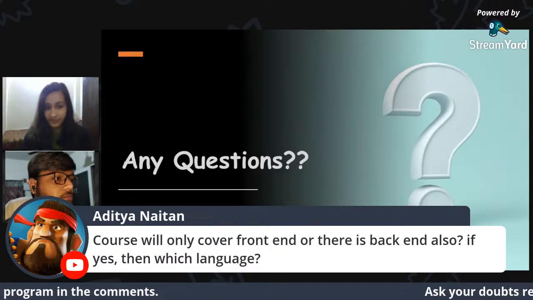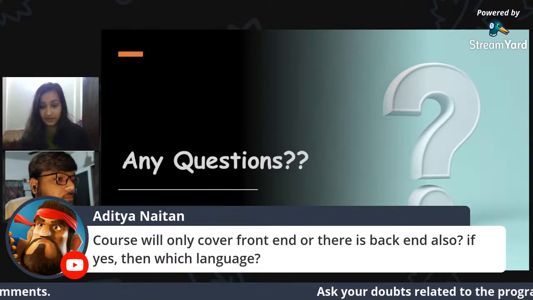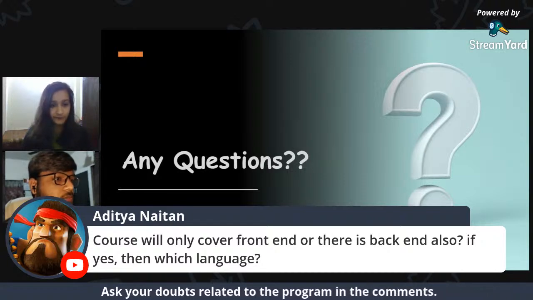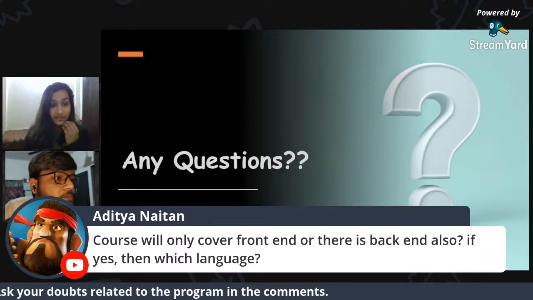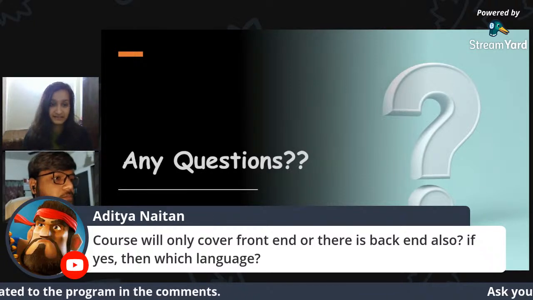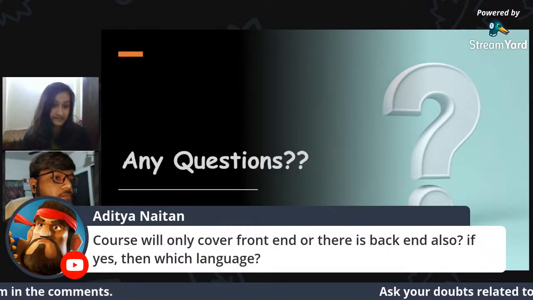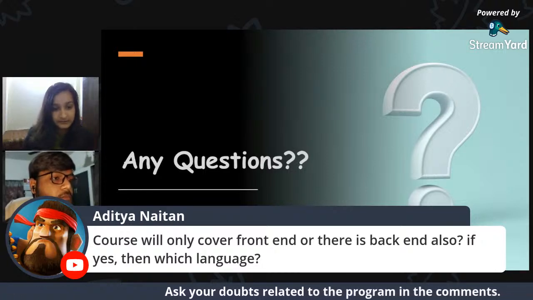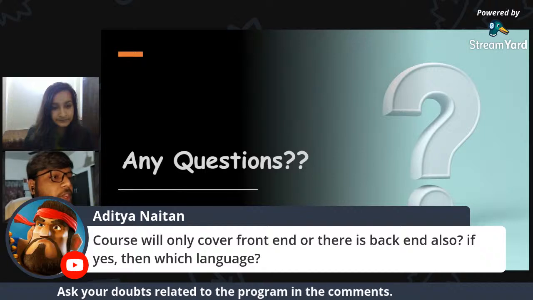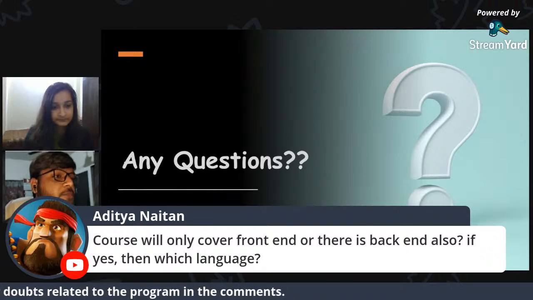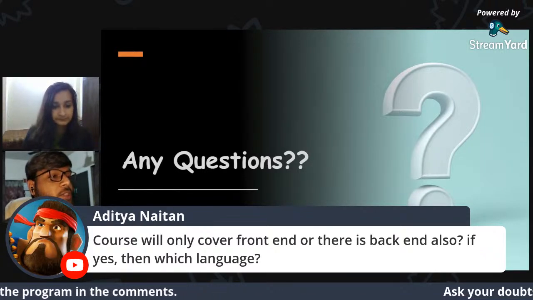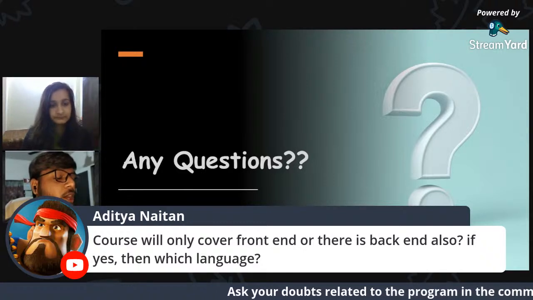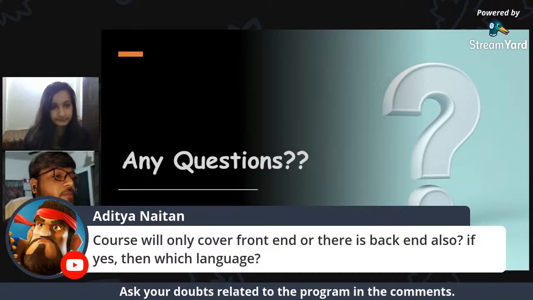There will be a combination of both. We will be covering both of them. And which language, Harsh, do you want to go for? Although we mentioned everything that we are going to cover, from HTML, CSS, Bootstrap, JavaScript, Firebase, these are the different technologies that we are using. Yeah, so for the backend, we'll be preferring Node as we are teaching JavaScript. So it is not possible for us to go with Flask or Django. We can have something similar later on after this program. So for now, we are preferring Node.